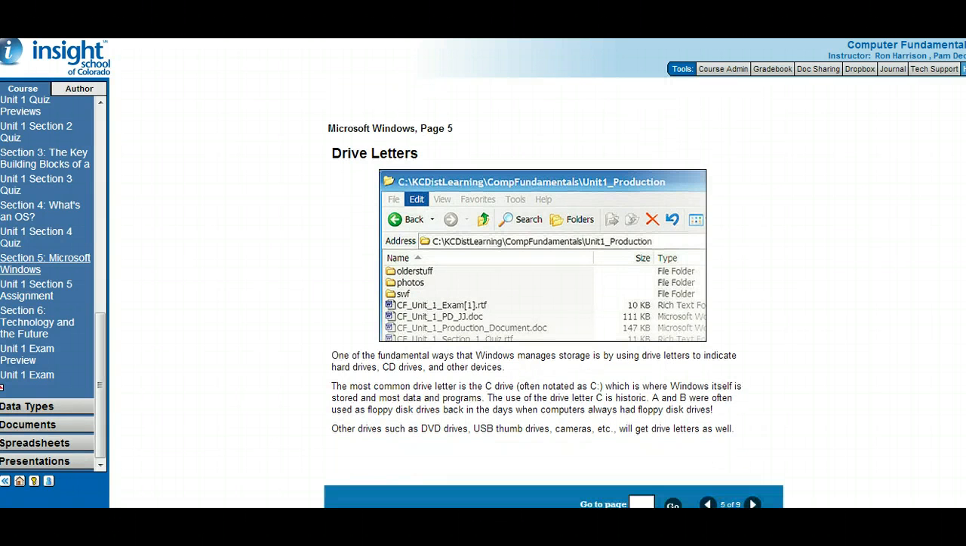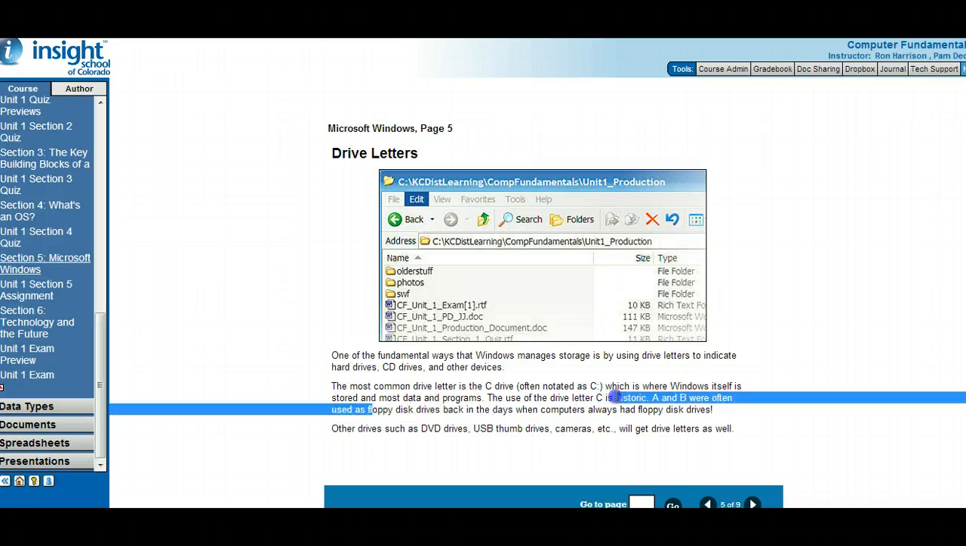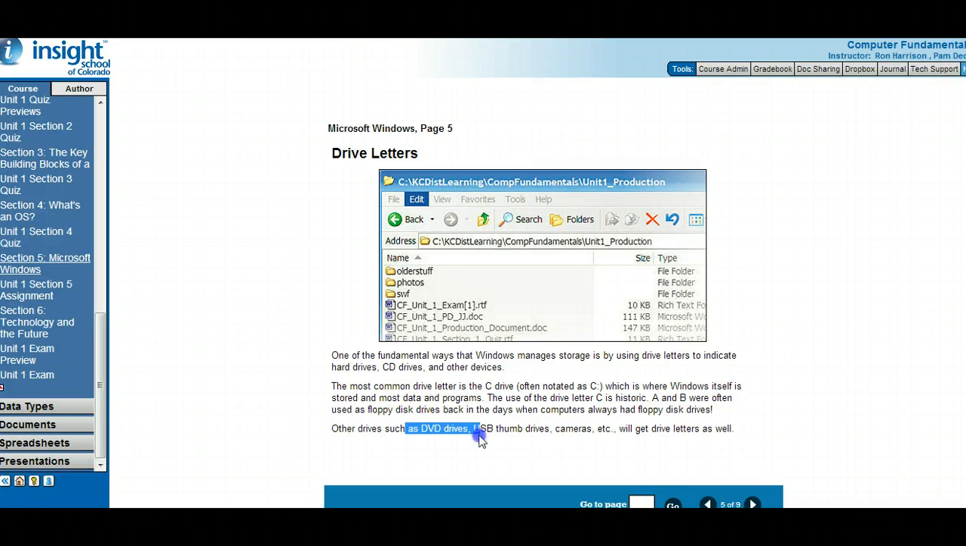Different drive letters. The most common drive letter for your hard drive to store your information on your computer is usually drive C. Now A and B, some of your computers might have it, but that's where you used to have floppy disks. Now these days you might have a DVD drive, you have USB thumb drives and all that, and when you plug those into your computer, they end up getting their own drive letters. Sometimes printers have their own drive letters, but in general, drive C was the most common or the main storage